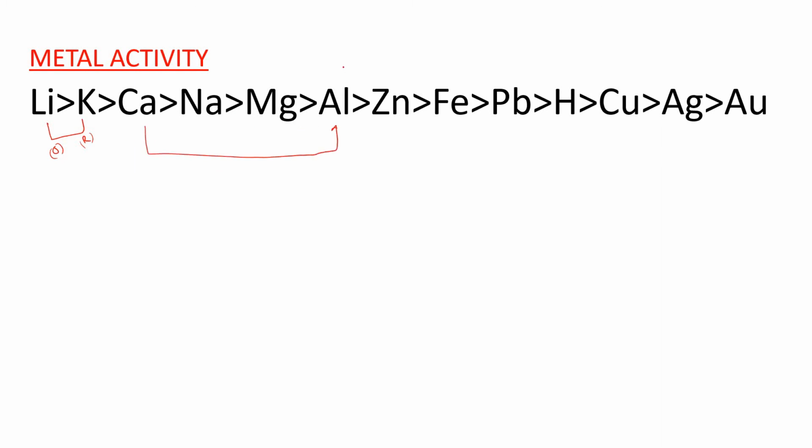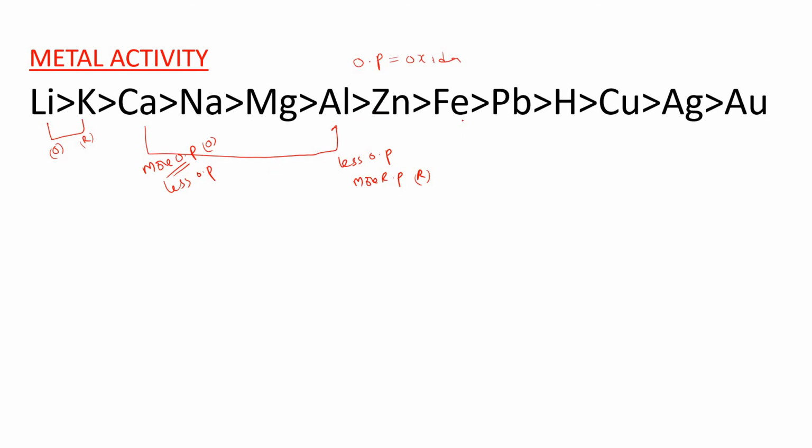Now these are actually oxidation potentials here. So if I connect calcium and aluminum, this one has more oxidation potential and this one has less oxidation potential. Remember, if you have less oxidation potential, you have more reduction potential. More oxidation potential always undergoes oxidation, and more reduction potential always undergoes reduction. Therefore, calcium undergoes oxidation, and aluminum undergoes reduction here.